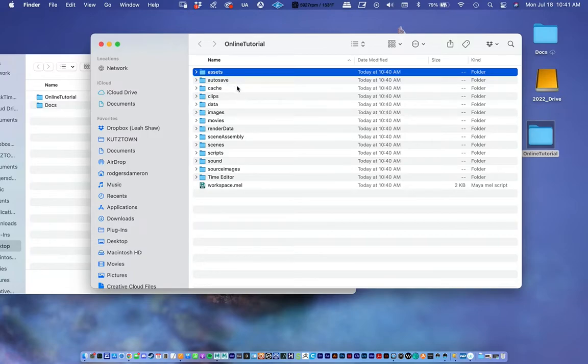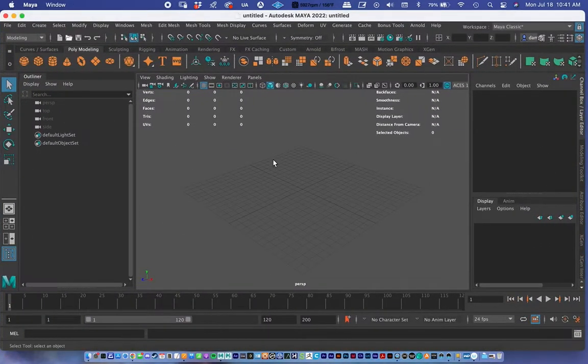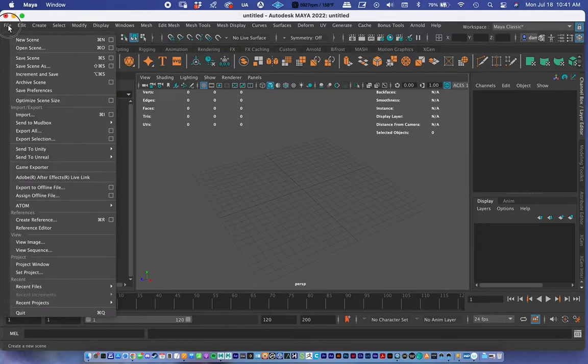So step 2, create these folders right here, these subfolders in there. So step 3 is we need to save our Maya scene right here. This is an empty scene right now, but imagine that I have a lot of stuff in here that I want to save. So step 3, I'll go to File. And now instead of going down to these 2, which is what we did before, I'm going to go to